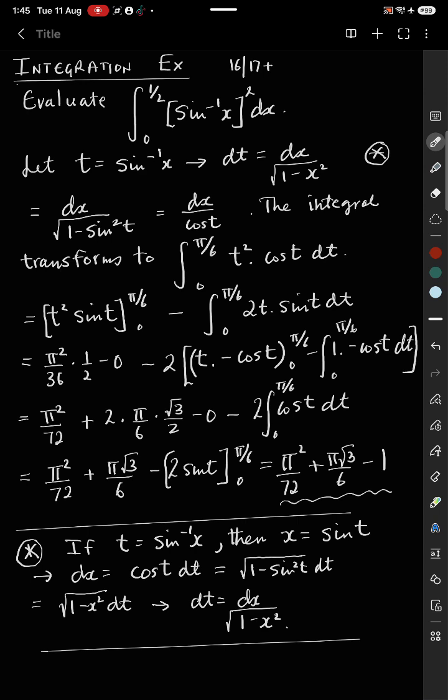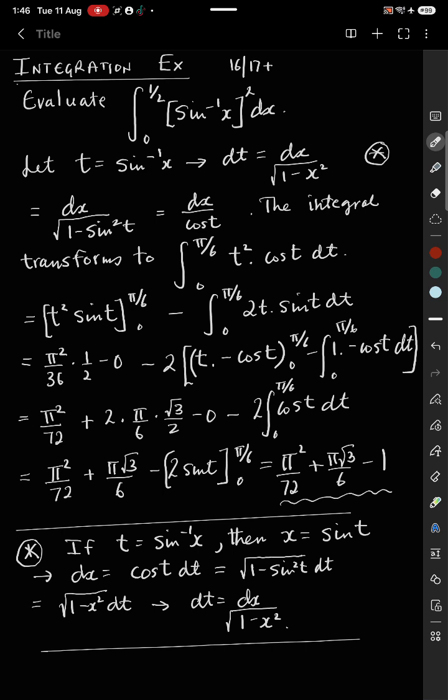And then continuing, we have pi squared over 72, and working out the first bracket with the limits, that would be 2 times pi over 6 times root 3 over 2 minus 0, and the integral part is minus 2 times the integral of cos t dt. So that equals pi squared over 72 plus pi root 3 over 6 minus, and performing the integration, that's 2 sine t, and working out the limits, that would be pi squared over 72 plus pi root 3